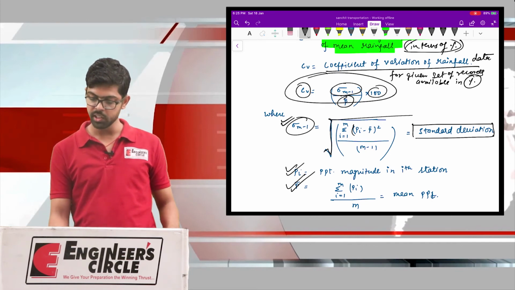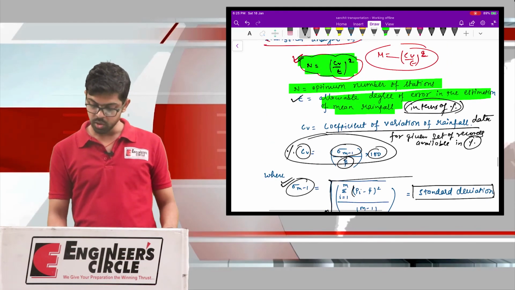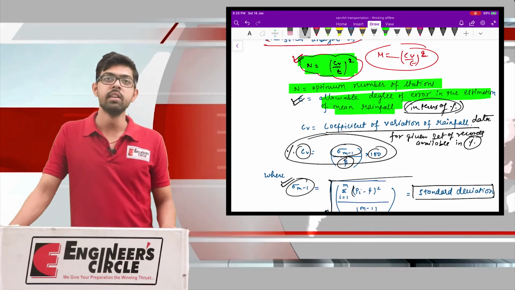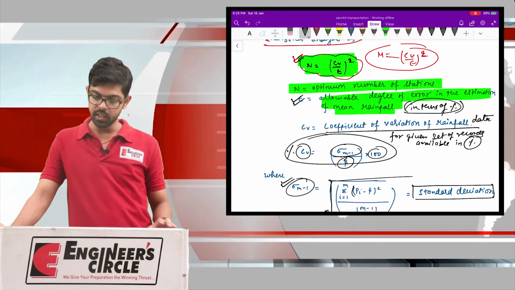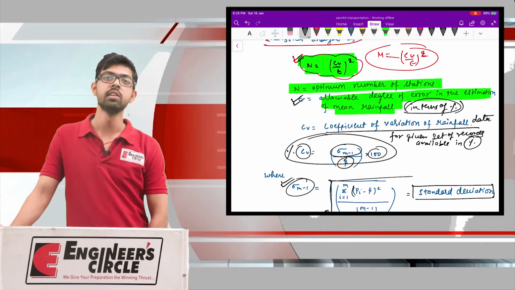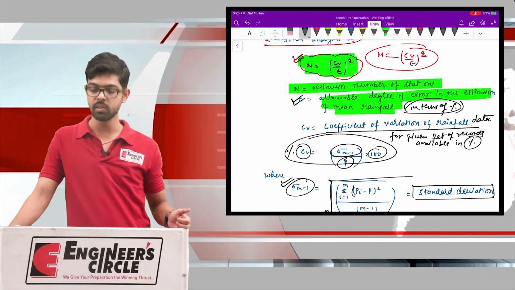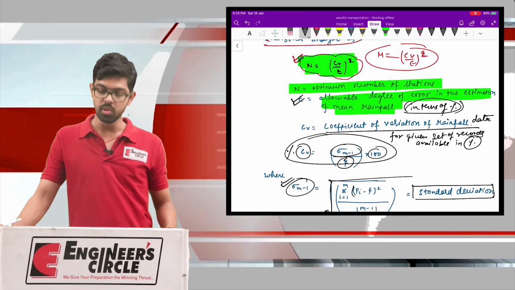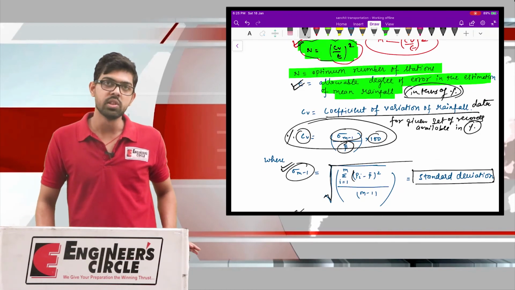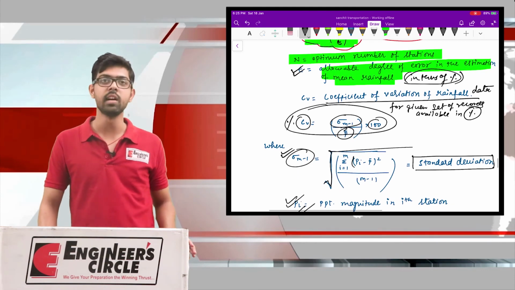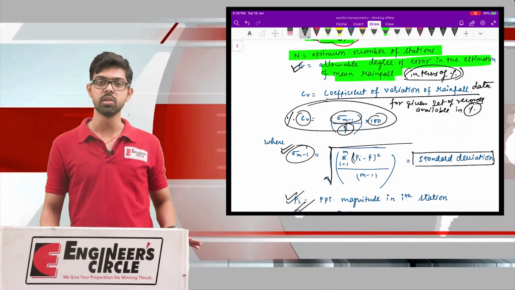This coefficient of variation multiplied by 100 will give you the coefficient of variation in terms of percentage. Your allowable degree of error in the estimation of the mean rainfall, in terms of percentage, will be given in the question. Then you will find the ratio of the coefficient of variation in percentage to epsilon, the allowable degree of error in percentage, and the whole square of that value will give you the optimum number of rain gauge stations. Okay, so this is how you should calculate the optimum number of rain gauge stations. So in our next lecture we will discuss a numerical based on this optimum number of rain gauge stations. Okay, so that's all.